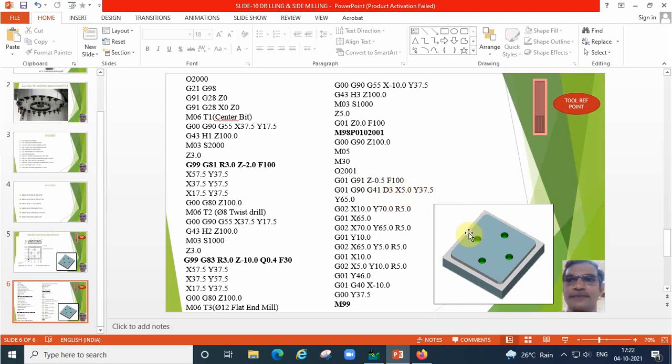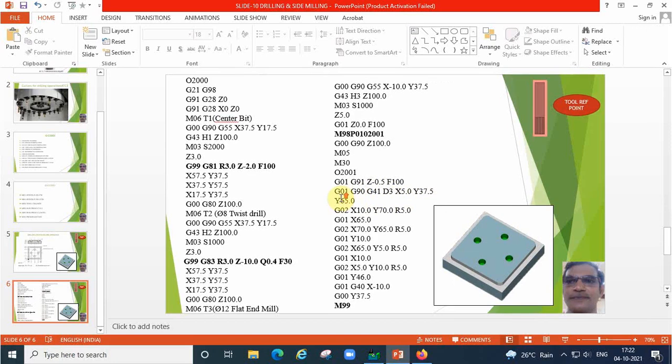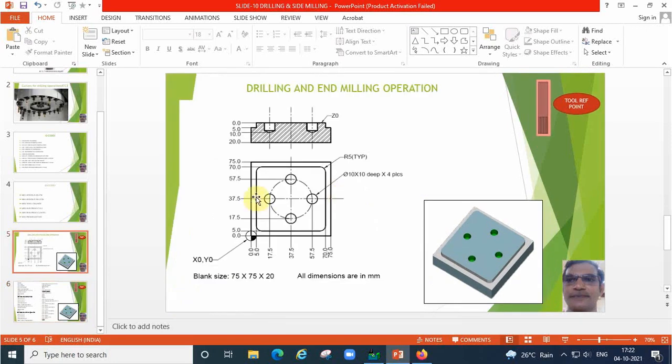Now we are moving the cutter to the next point. Say the dimensions. Now the cutter is here. We are moving the cutter to this point. The value will be X5 and Y65. The end point is 70. So the curvature is 5 mm. So up to this we are stopping the tool.